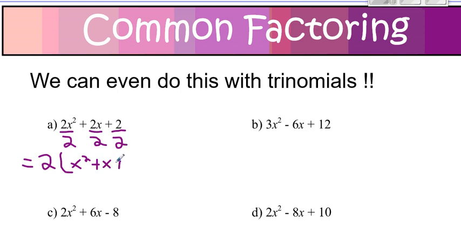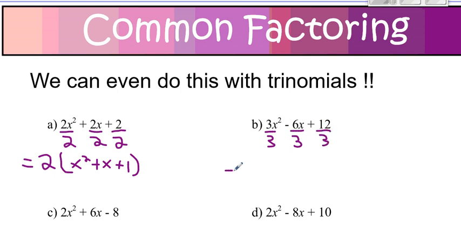If I go on to b, I'm looking at 3x squared minus 6x plus 12. Hopefully you realize that 3, 6, and 12 are all divisible by 3. So that means my common factor is going to be 3, which means all 3 terms are divided by that number. In order to get my answer, I go equals, I put my common factor out front of my bracket,